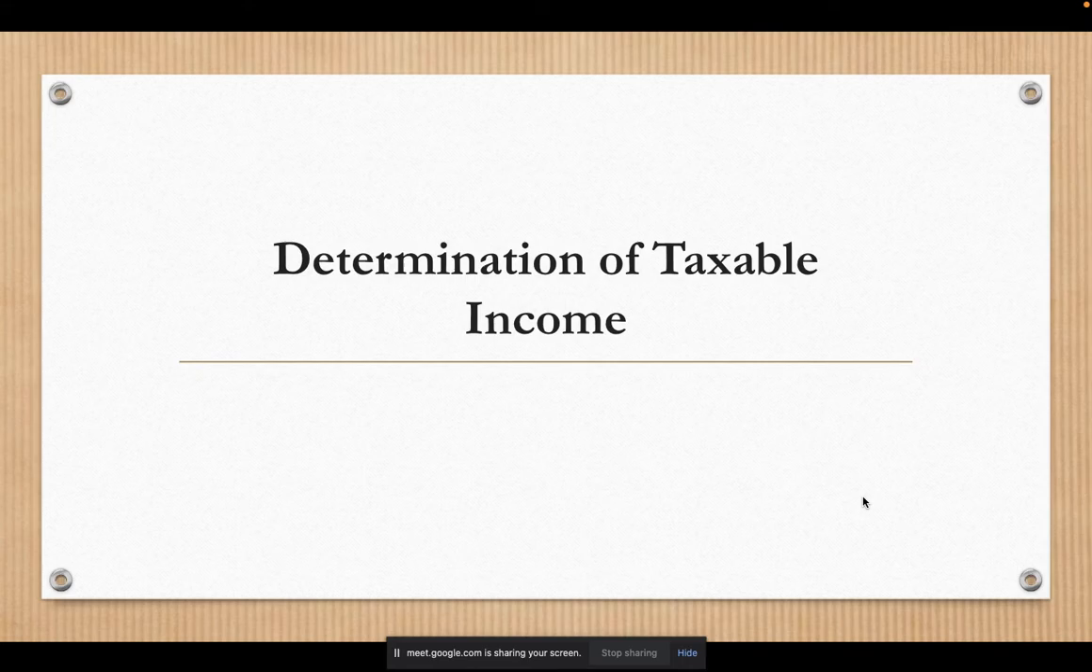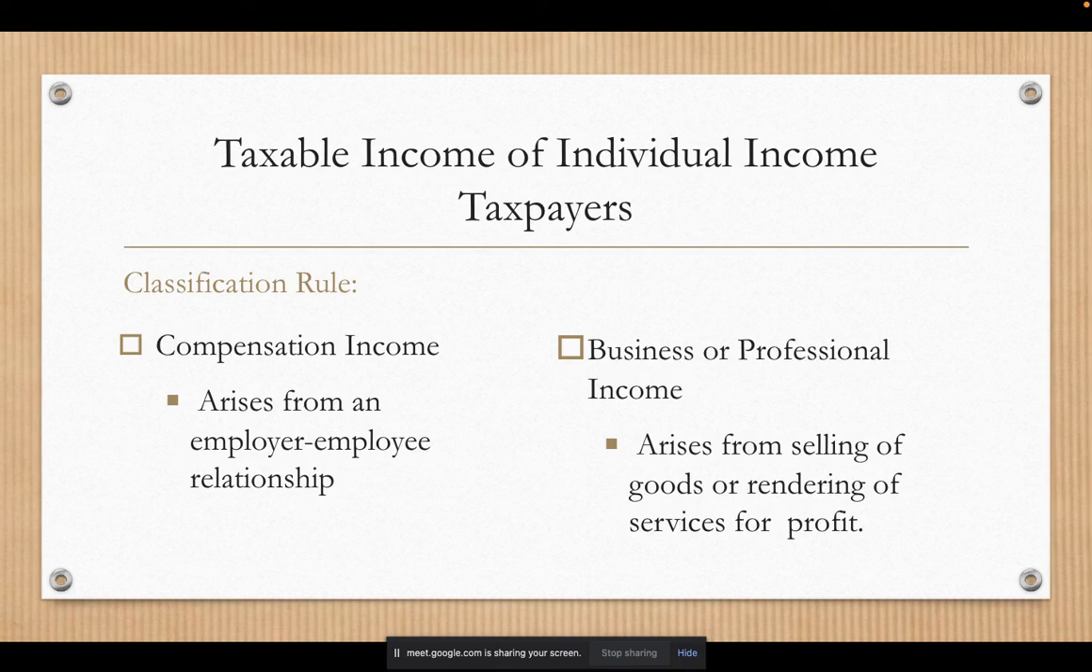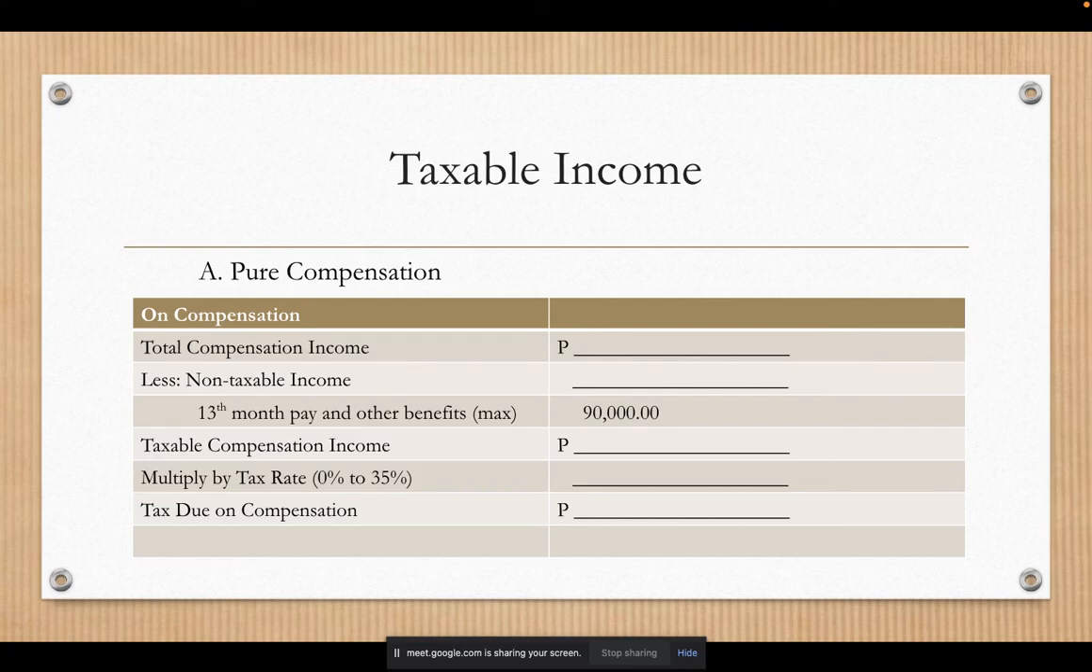Okay? In the determination of taxable income, we have, okay, classification rule. Compensation income arises from an employer-employee relationship. And then you also have business or professional income, which arises from selling of goods or rendering of services for profit. Okay, so for purposes of computing taxable income, if you are only earning pure compensation income, this is going to be